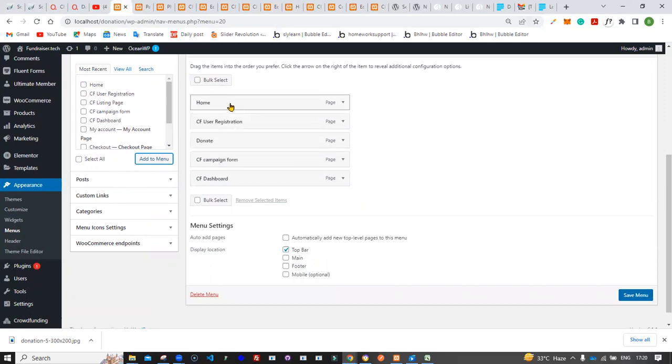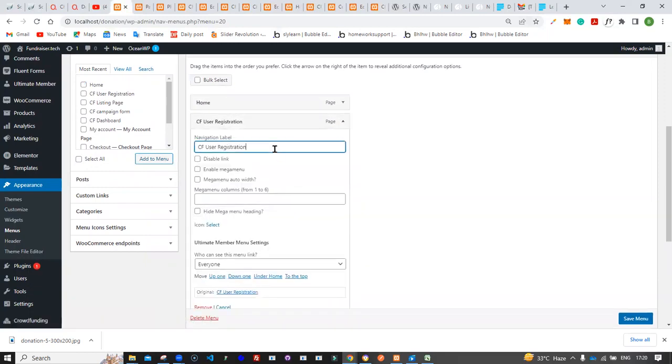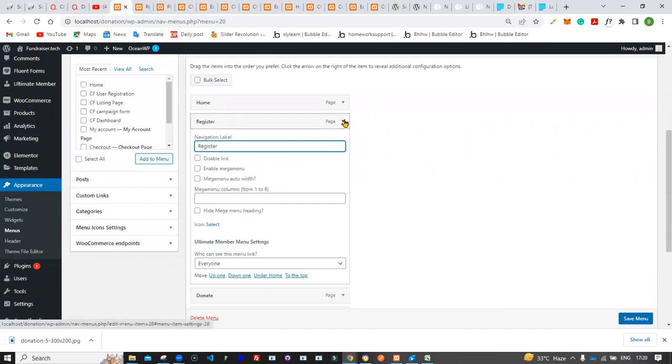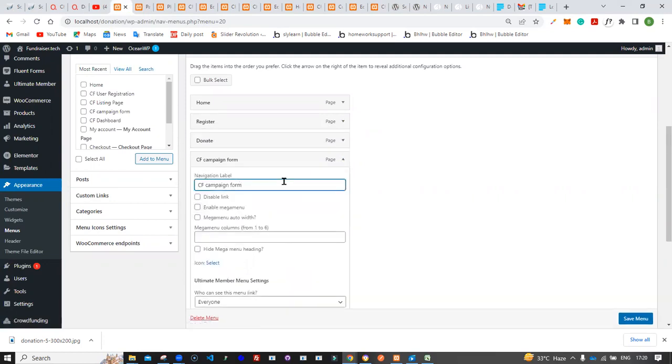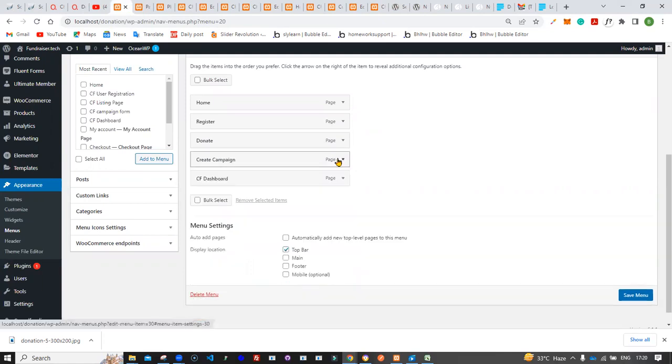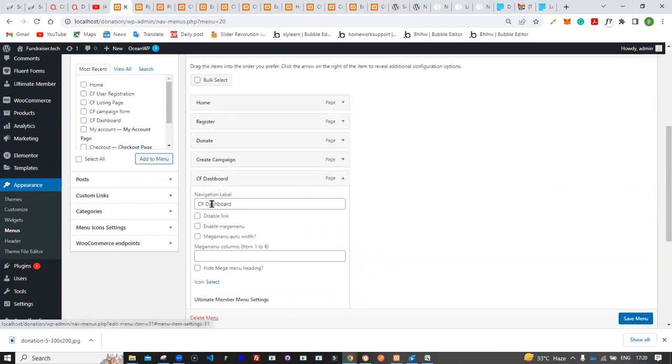Then we should call this register. Donates creates campaign. Donate creates campaign, then